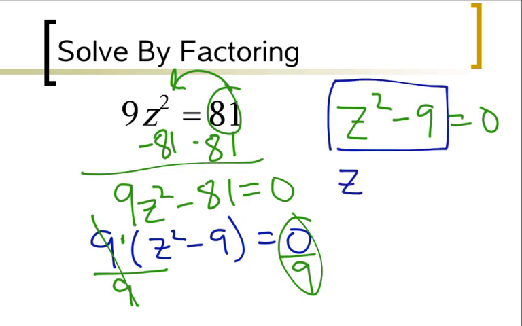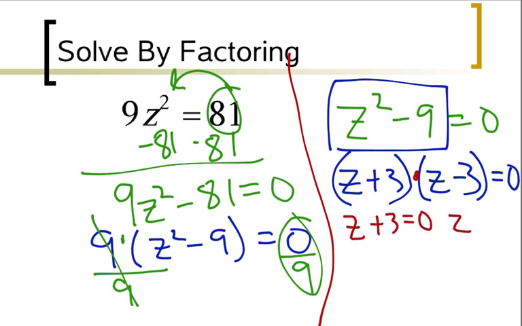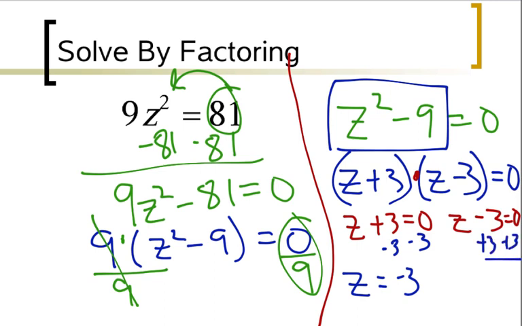I should rewrite this to be z plus 3 and z minus 3 equals 0. And now that I've got my two parentheses separated by multiplication, I would set the first one equal to 0, and then z minus 3 equals 0, and then solve each equation. So in this first one, you're going to subtract 3 from both sides, and you're going to get z equals negative 3. And then you're going to add 3 to both sides on the second equation and get z equals